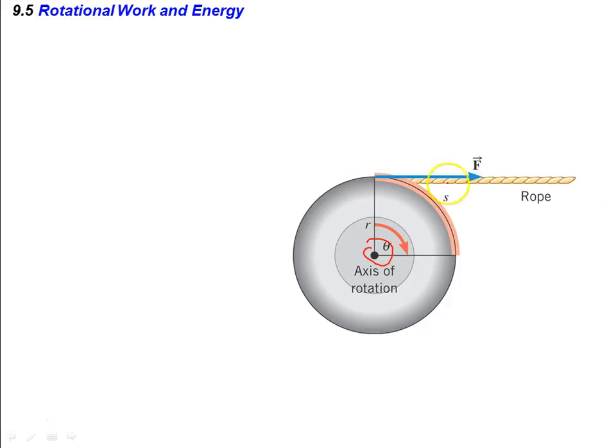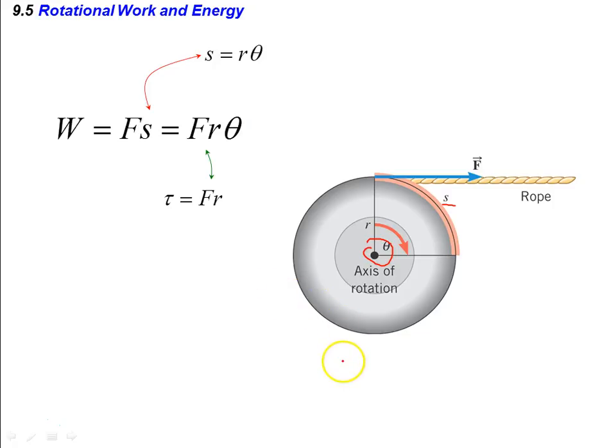And so the force that we're exerting on this is going to be the tension in the rope, but that's going to exert over some length s. And we know work is equal to the force times the displacement, and this displacement here we know is the arc length, so that's r theta. And the force, that F times r, we recognize that to be the torque, so we can conclude that the work done by rotating an object is equal to tau times theta,